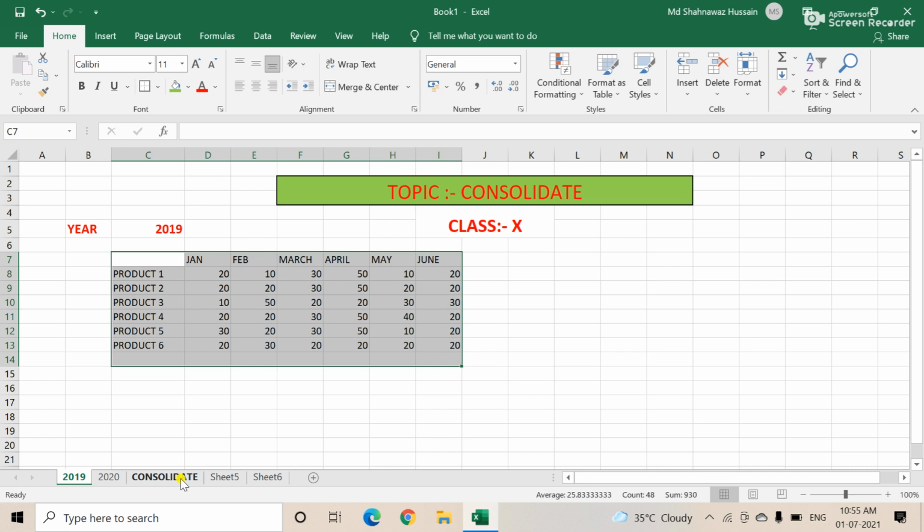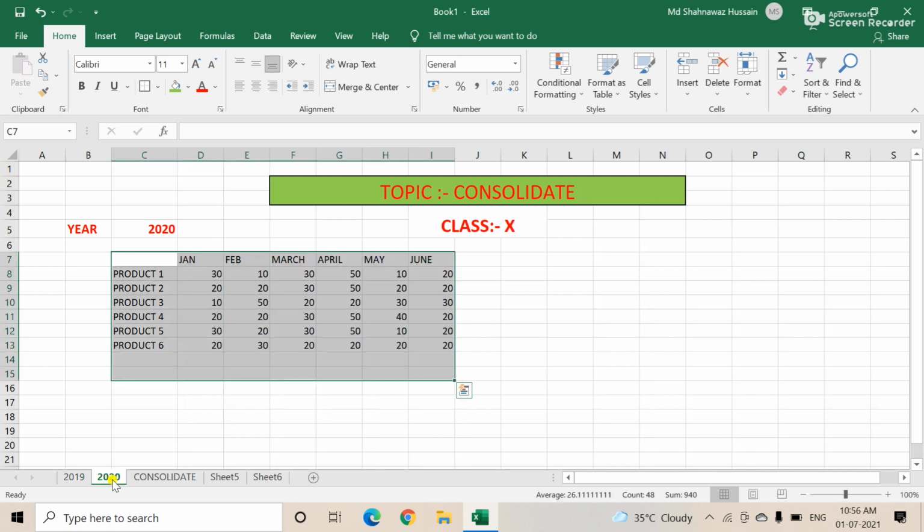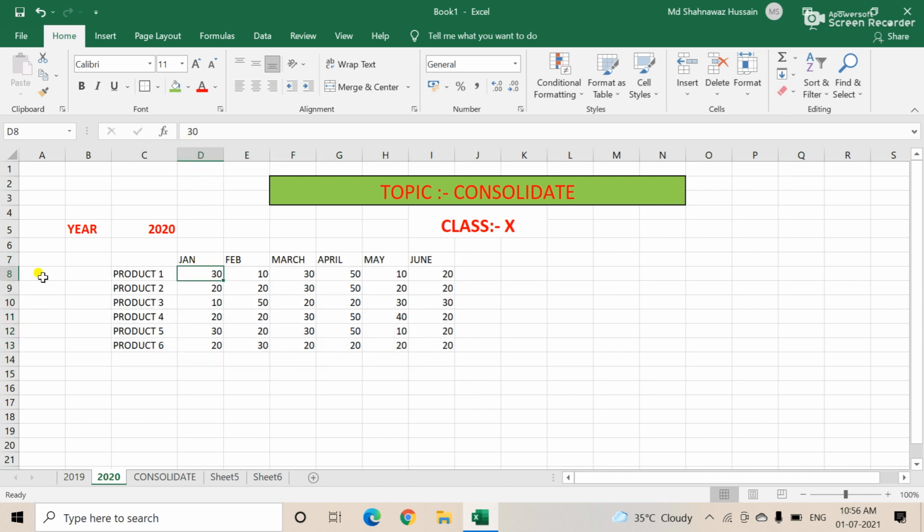When you apply consolidated data in Excel, there are some criteria. Always keep this in your mind. See, the data is starting from D8. This is the name box, as all of you know, and this is the formula box. My data is starting from D8 in the year 2019, and in the next year 2020, again my data is starting from D8.